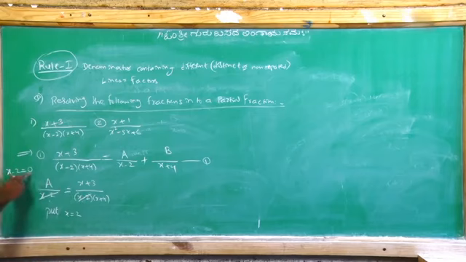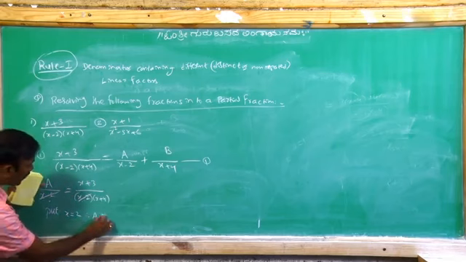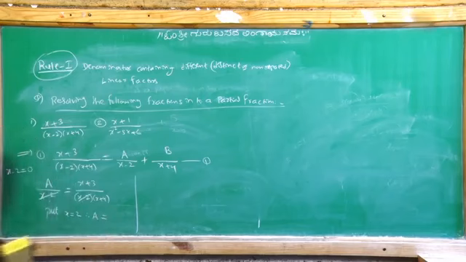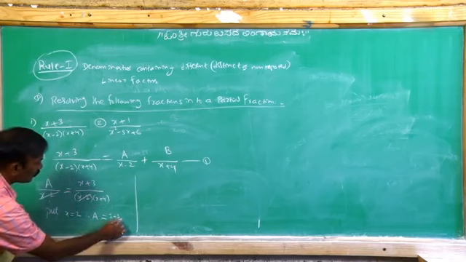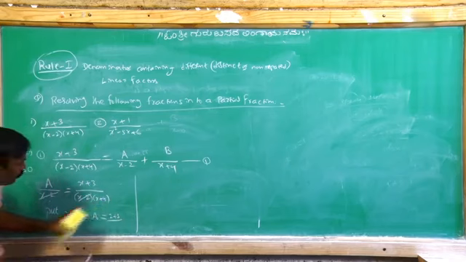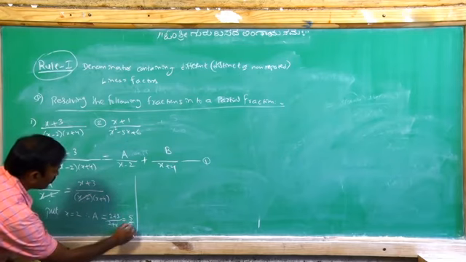So x minus 2 is 0 means x equals 2. So put x equal to 2 in this remaining fraction, and we easily get the value of a. Therefore, a equals, putting x equal to 2 in this fraction, 2 plus 3 over 2 plus 4, which equals 5 by 6.